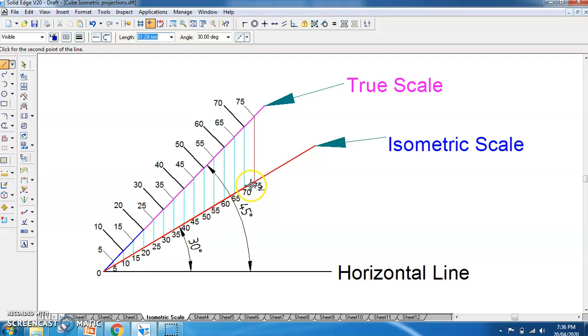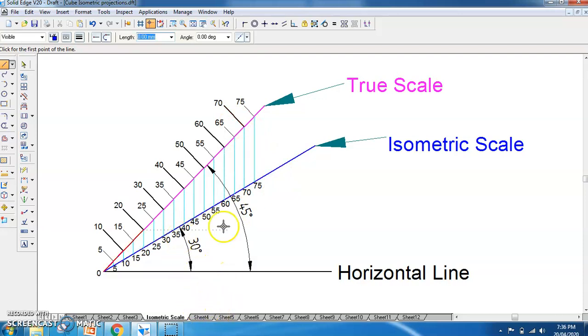If you go to 75 here, isometric 75 is 61.24. That is, 75 on the true scale becomes 61.24 when converted to isometric. So this is the isometric scale and the true scale.